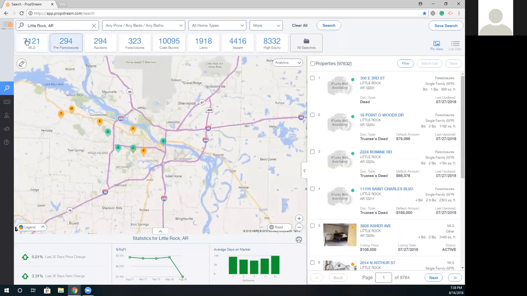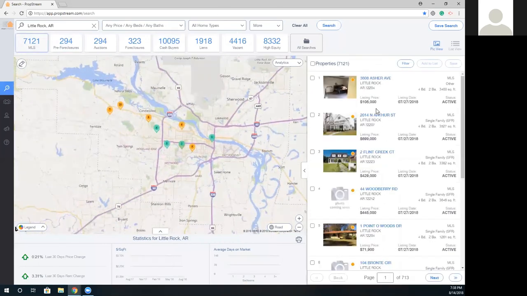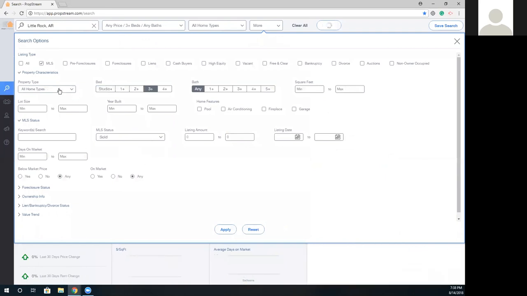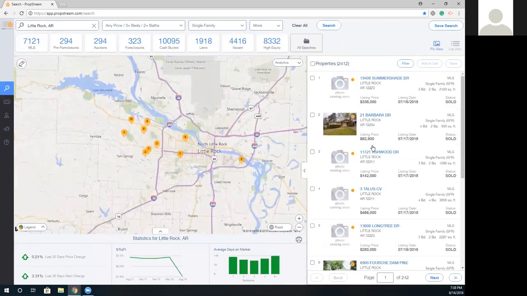So I can just click on my results, and sure, it can spend tons of time going through them one at a time. Again, ladies and gentlemen, use the filter. This is going to narrow down all sold MLSs that are 3 bedrooms, 2 bathrooms, single family. So if I wanted to see MLS comps, I've now isolated all the sold MLSs. So use the filter. Once you've narrowed down your filter, you can save that filter for future use. Click on the properties to look at their details, look at the comps, run the Rehab Calculator.